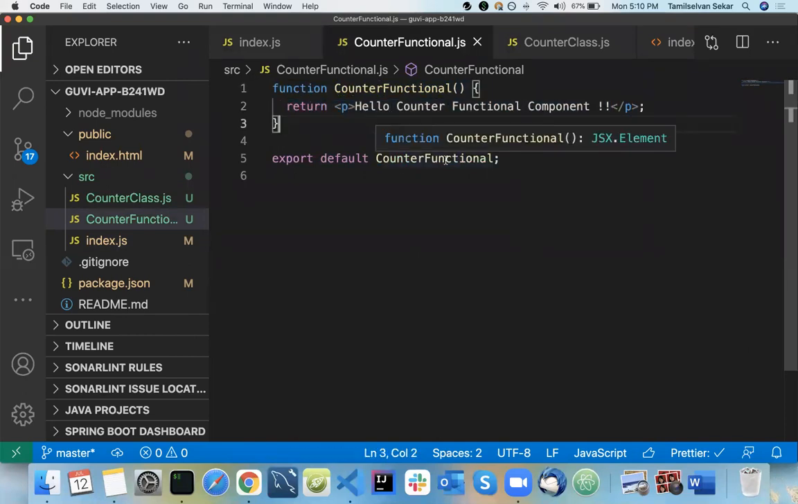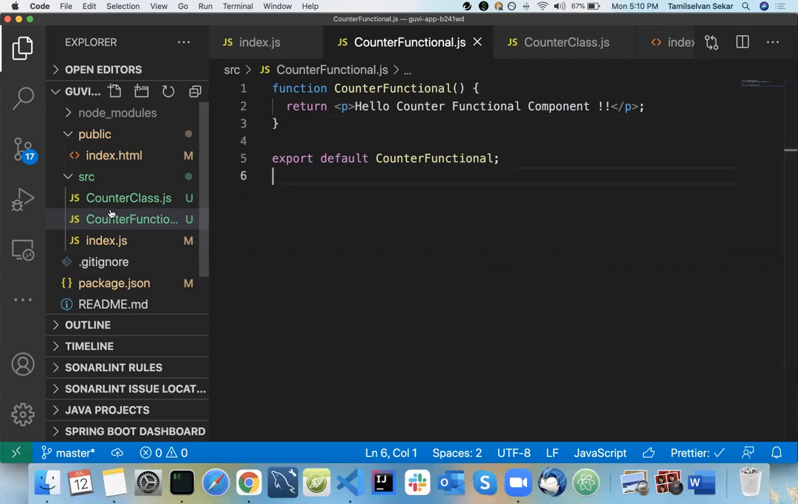Okay, so now we are done with creating. Can there be multiple exports in a single JS file? I told you, right? You can have named exports if you need multiple things. But in the case of React, we will separate them into different files and have only a default export. Okay, so now